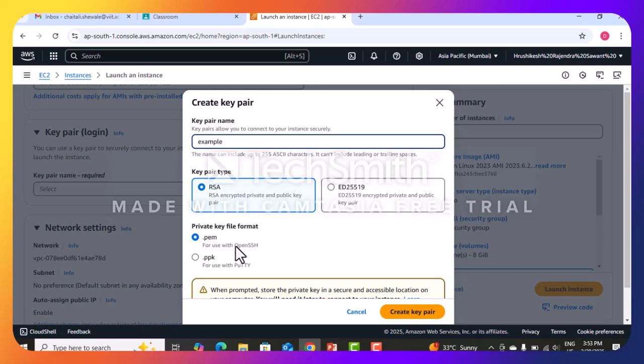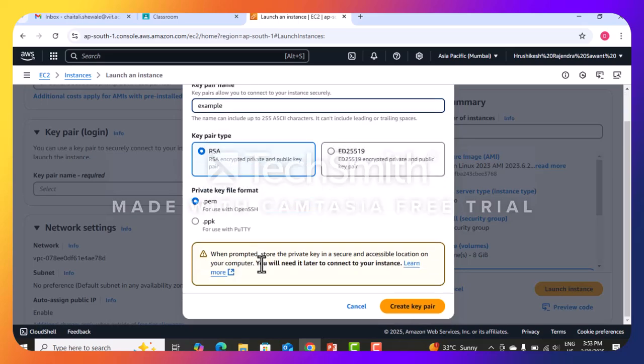Okay, so the format in which your key pair is created is OpenSSH. Now why OpenSSH? If you are directly communicating with the server through a Linux machine, you can use this .pem file. When you have to connect through Windows using PuTTY software, you have to create a .ppk file. Now currently I have to connect with the server through OpenSSH, so I'll just select this one and say create